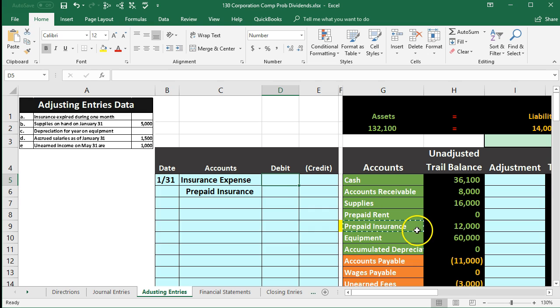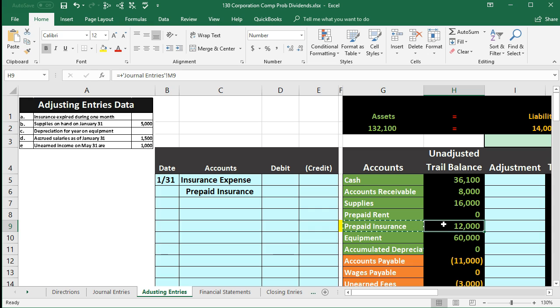Now, we put this on the books and said when we did this, and in practice, of course, we would look at the terms of the insurance policy and say, when did we pay it? What time period does it cover? How much time has passed? We said that we had a year's worth of insurance here that we paid for in this problem, and we